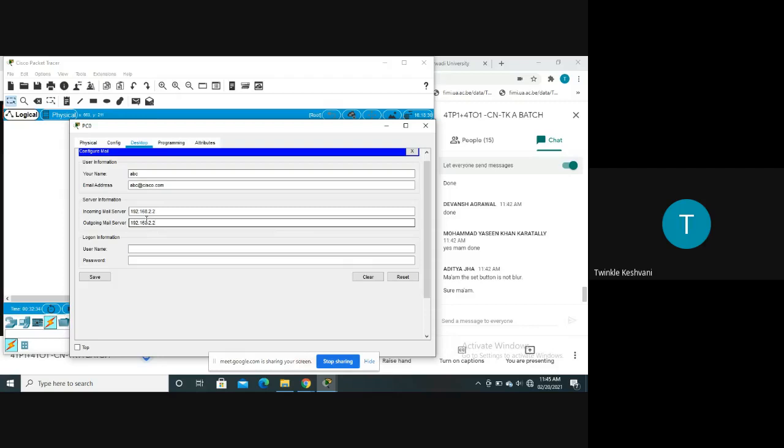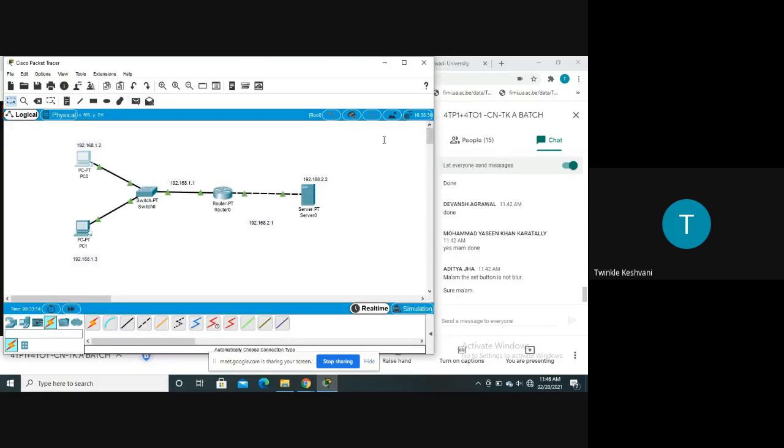Right? Now click on the tab button. Again, I need to give the username. So what was the username? That is ABC, and the password that I have set is 123. I had set a very simple password, 123. Now at this stage I need to save these details, right? You can see the save button in this tab. So save these details and close this tab.